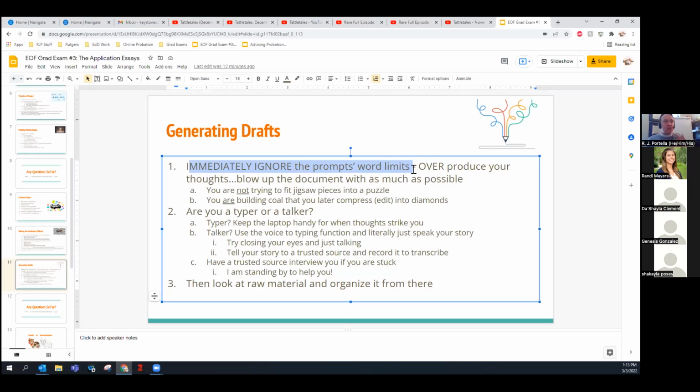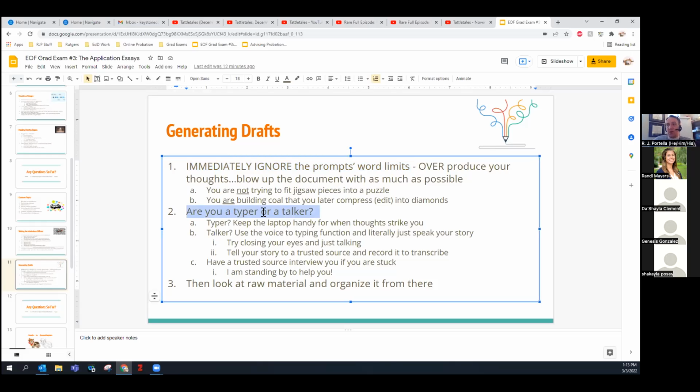Overwrite, overproduce, write as much as you can, because later on when you get feedback from people, you're going to figure out, oh, that paragraph is kind of redundant. I don't really like the way that sounds. This could have more detail. I can spice up the verbs later on. But you can't make a polished product without a draft, right?